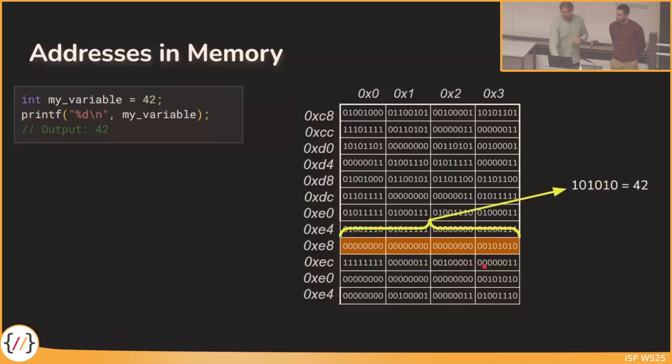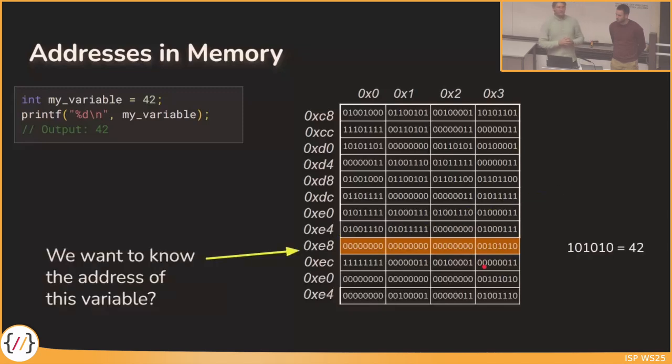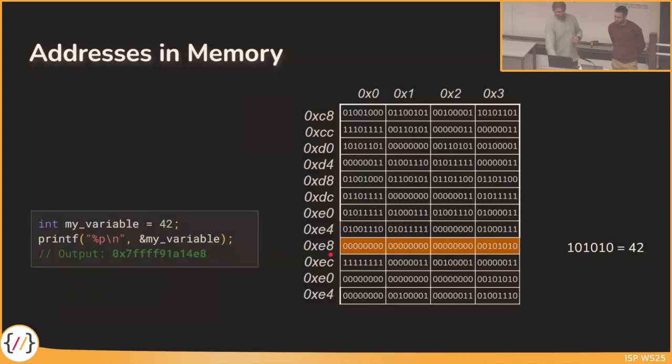What we now want to know is, can we store the address of one specific variable, so that we can have another variable that knows, okay, the variable is at position 0xe8, and maybe even can modify this value? So can we store it, for example, using the address-of operator? We have used it. We know this receives the